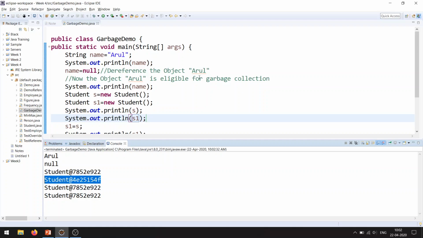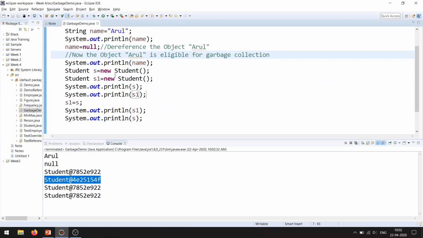Which means that this object is dereferenced. Why? Because s1 and s will be referring to the object of s2. Here s1 is dereferenced, so this object is dereferenced, right?